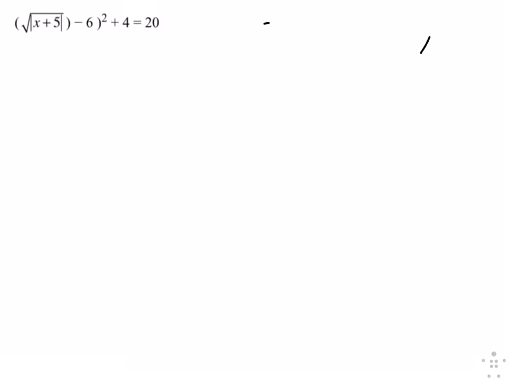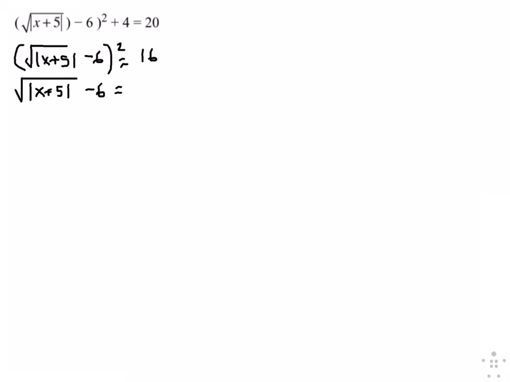Okay. The first thing we want to do is try to isolate that square so we can take the square root. So I'm going to subtract 4 from both sides, right? So we're left with the square root of absolute value of x plus 5 minus 6 squared equals 16. Now I'm going to take the square root of both sides, right? So I have the square root of the absolute value of x plus 5 minus 6 equals plus or minus